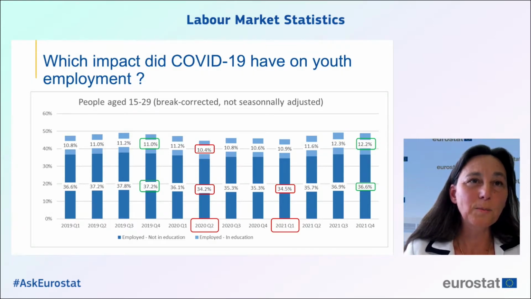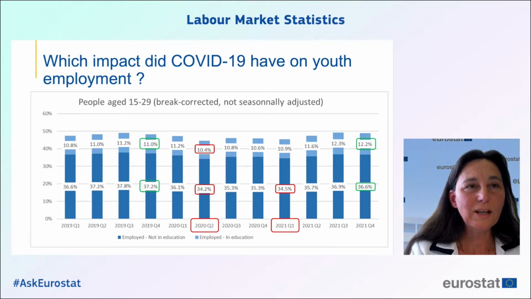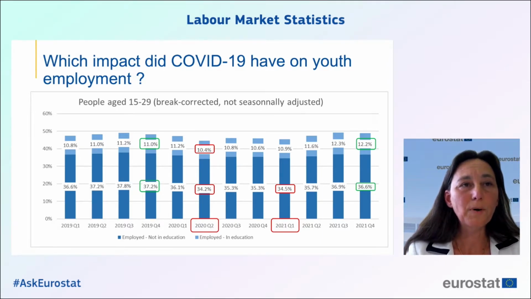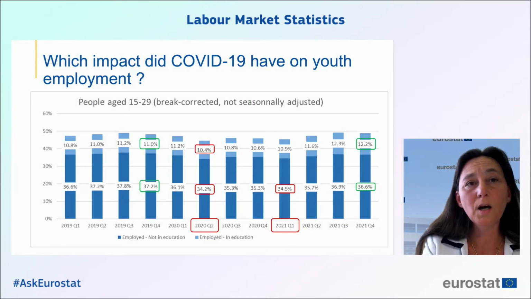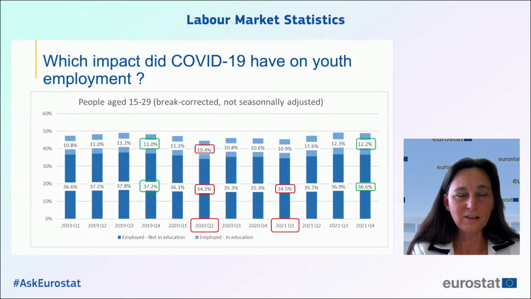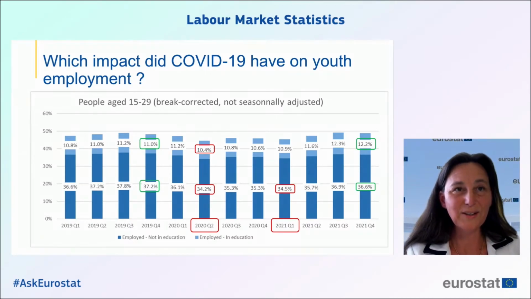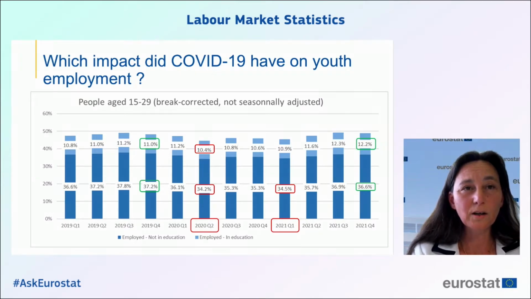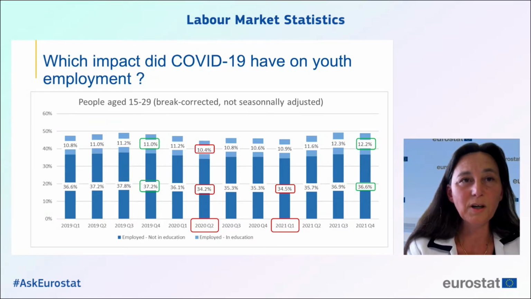I have divided the population in two groups. So in this case, we have in dark blue the employed young people who are not in education, and in light blue the employed people who are at the same time in education. As I mentioned before, to be considered as employed, it is enough to have work, for example, a couple of hours a week. So it's totally possible to combine